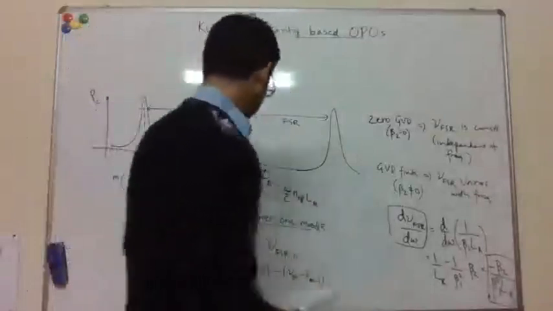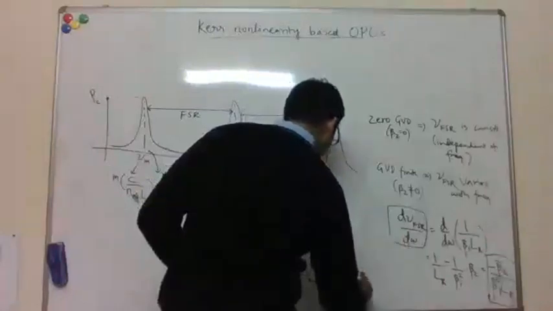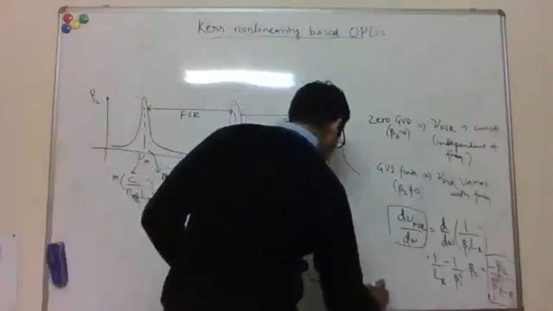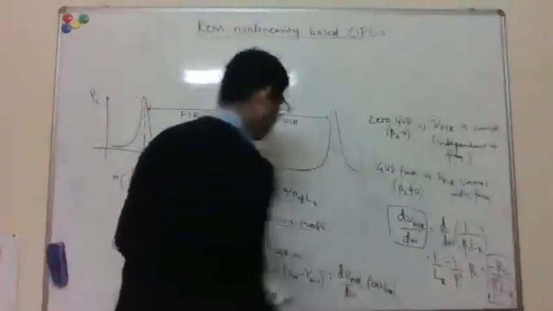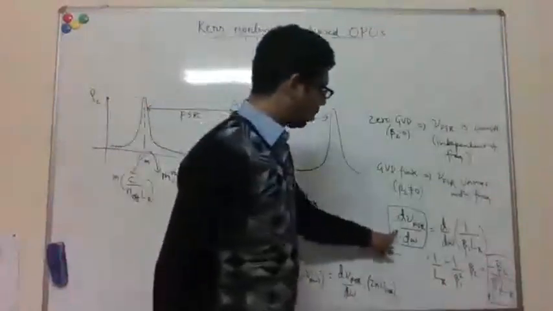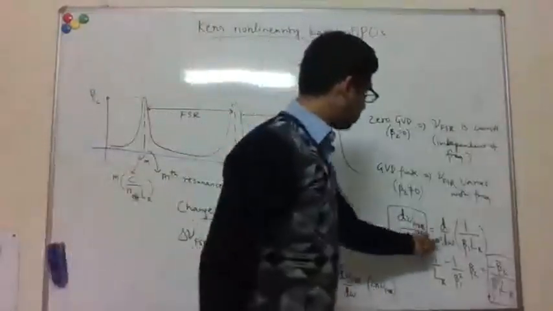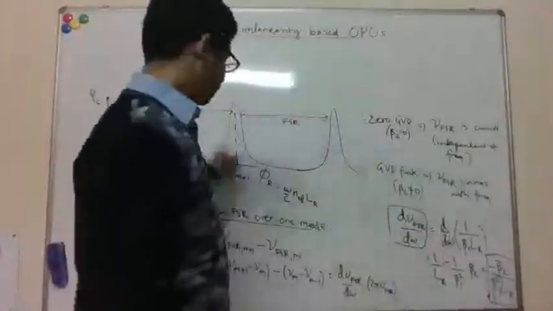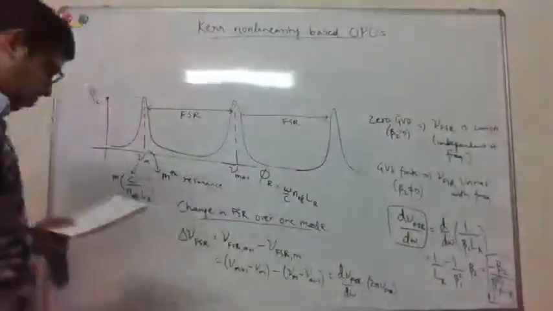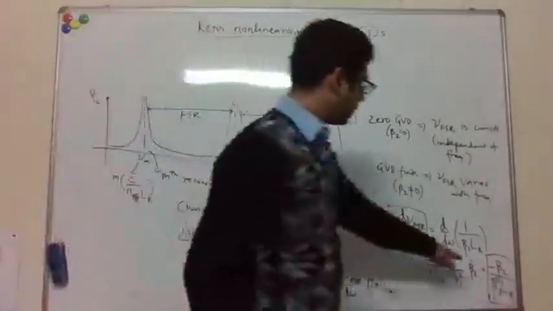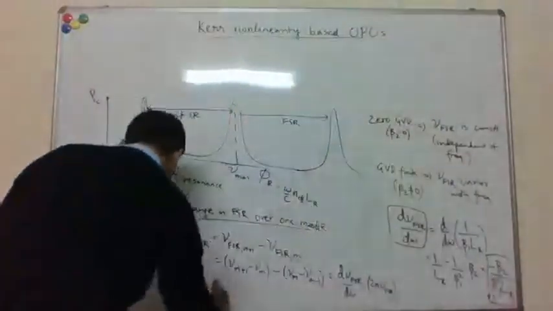So that's basically d nu FSR by d omega times 2 pi times nu FSR, right? So that's the slope, and then we want to see how much that changes over 1 FSR. So over a delta omega equal to omega FSR, if you plug in this expression for the d nu by d omega, then you get